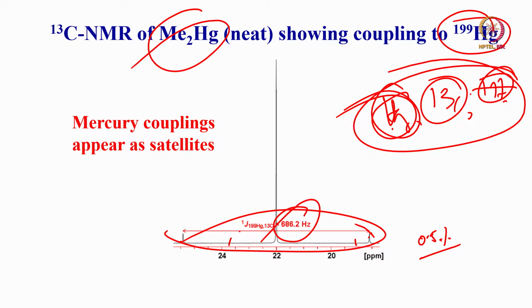Okay. So like this, what I wanted to say is, n number of exotic nuclei you can consider. We can take a lot more nuclei. I can give you an example without even showing the spectrum. Commonly we see tetramethylsilane. Go to silicon NMR. In proton NMR we saw a single peak for TMS, used as a reference. In carbon 13 NMR, you got a single peak because we did broadband decoupling, used as a reference. Now go to silicon NMR. Again do broadband decoupling. Carbon is 1% abundant, so naturally you don't see satellites, let us say, you get a single peak. Now I will do one thing, I will bring in the coupling of proton to silicon.